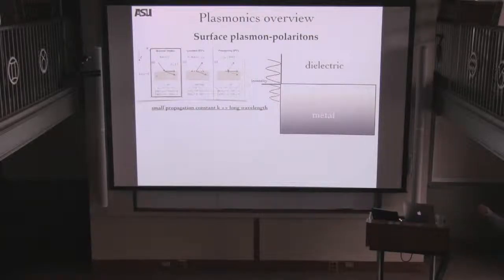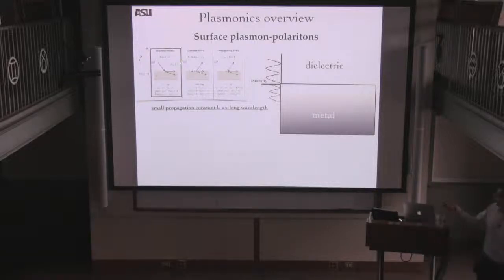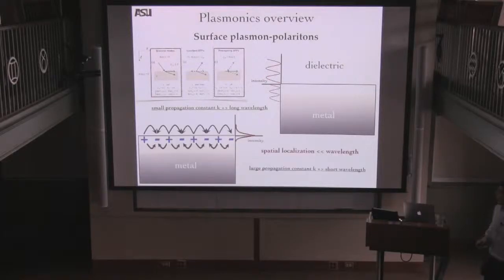One of them is the standard Brewster mode. If the real part of the dielectric constant is greater than 0 at a given frequency, then all the waves that I'll get are propagating waves, with solid lines indicating real k vectors. And of course, this whole thing is not really confined in space, since the small propagation constant leads to a long wavelength. Now, at some particular frequencies, some materials, especially noble metals, in the visible part of the spectrum,